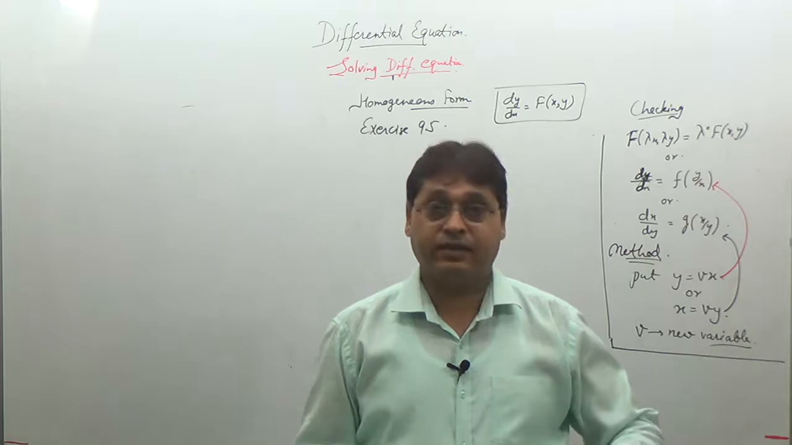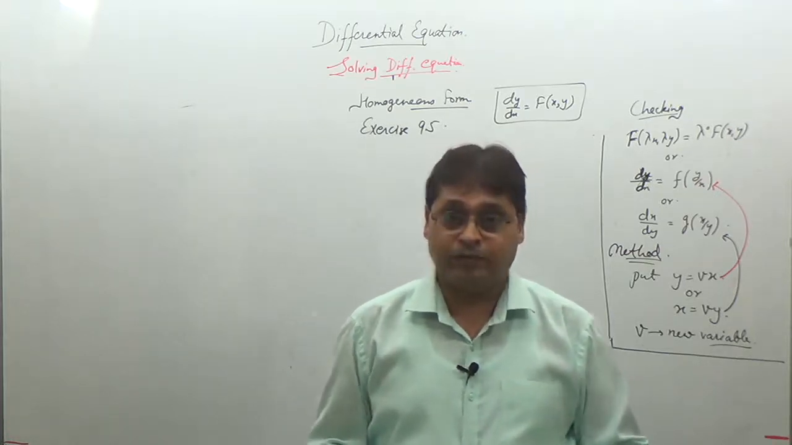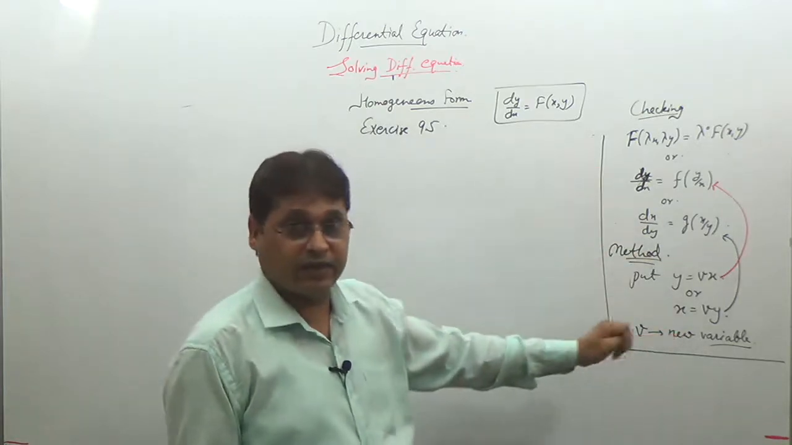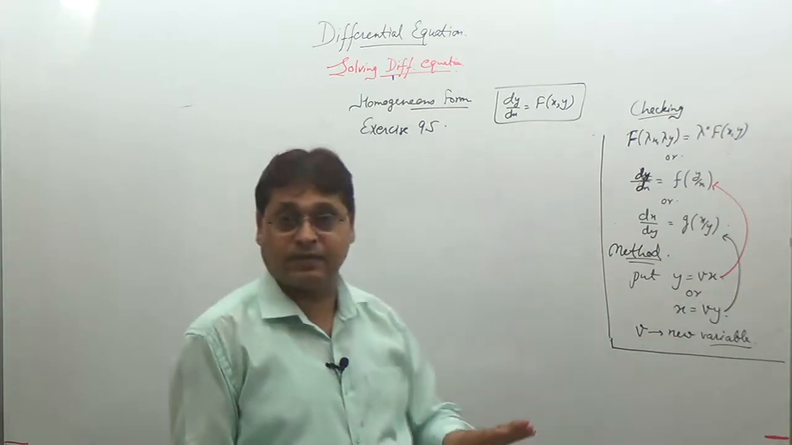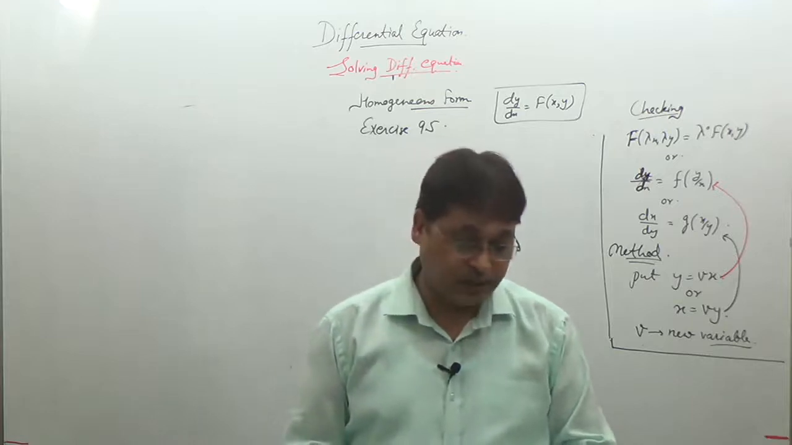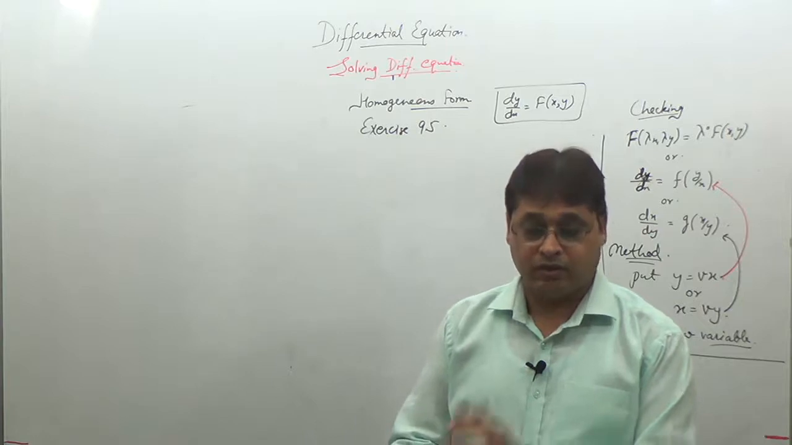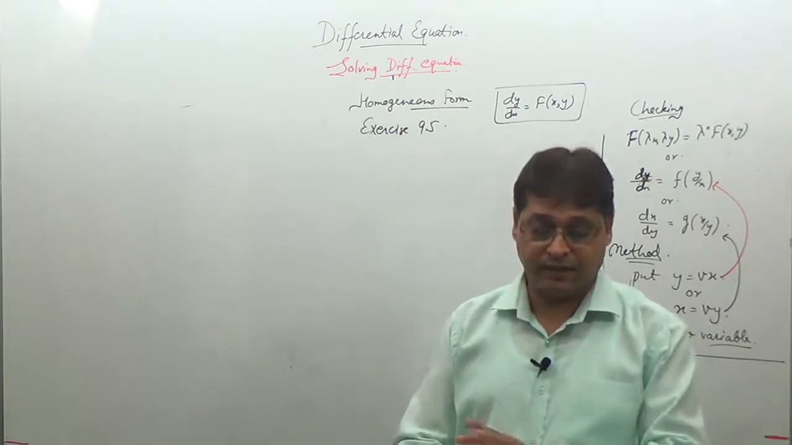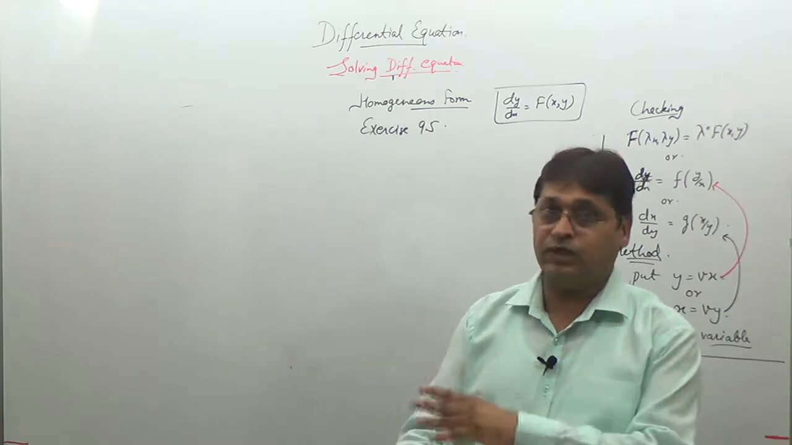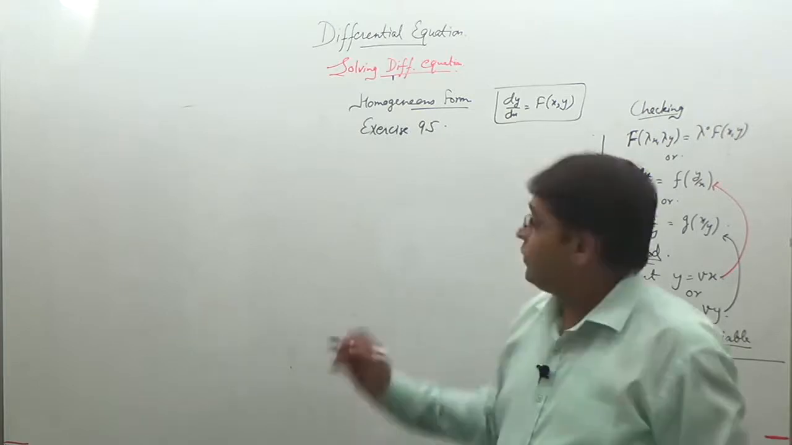We have already started exercise 9.5, that is your homogeneous form. The checking method I have written on the right hand side. I am continuing with the exercise we have already done in the previous session, total question 1 to 6. Now I will be proceeding from question number 7. Same method, same exercise, same difficulty level as we have done in question 1 to 6 also. Question number 7 is